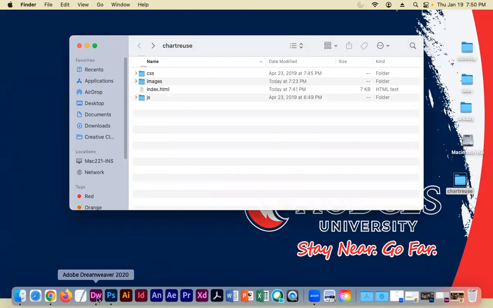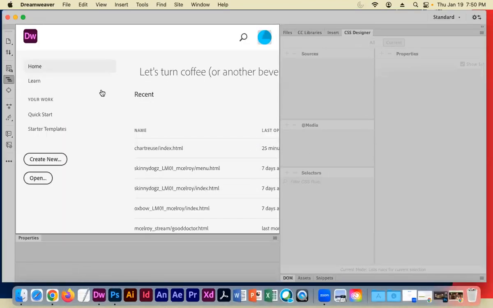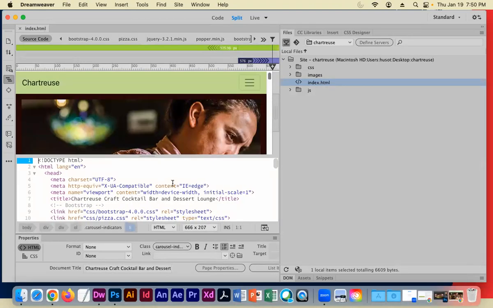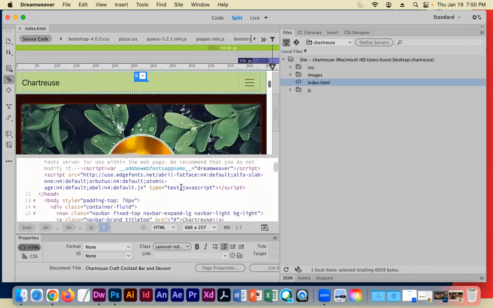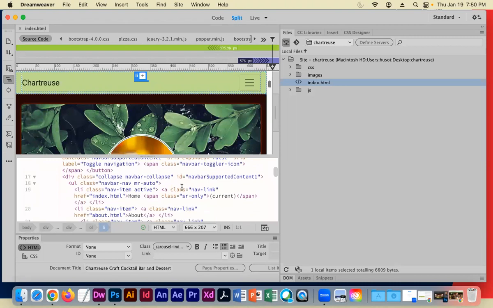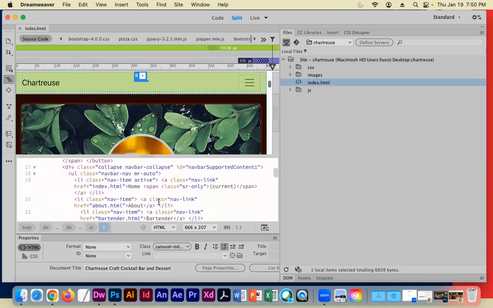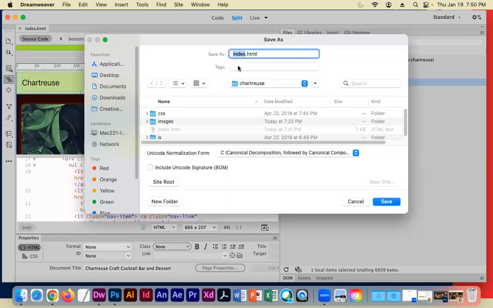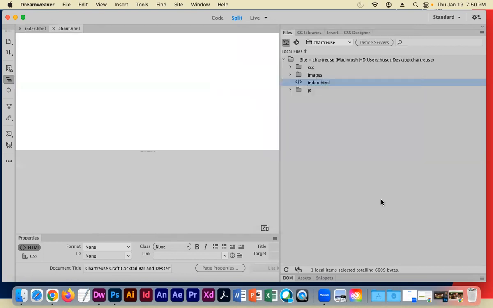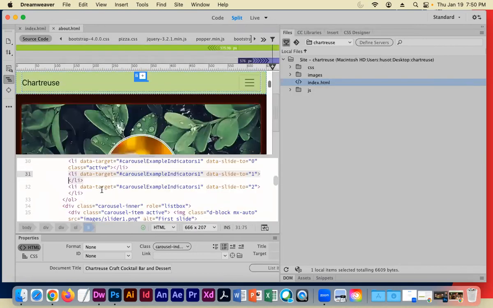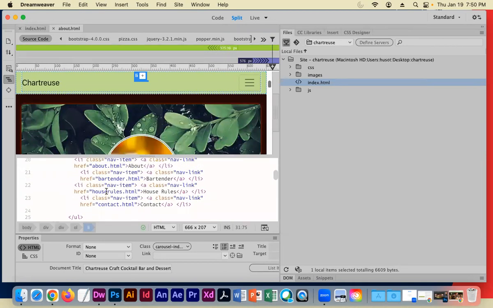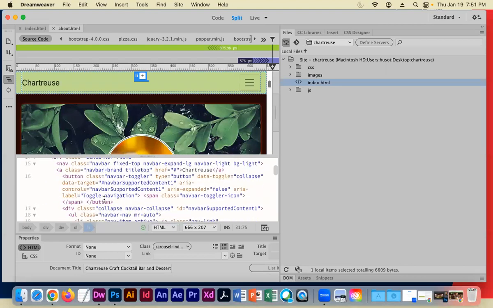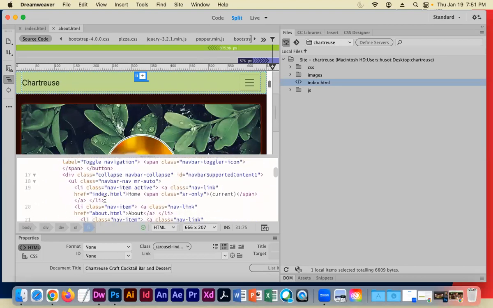So let's go back into Dreamweaver. Let's go into files, open up our index file. And I'm just going to scroll down to my navigation here real quick, because the next page is about, right? So I got to do a file, save as. I'm going to name it about. Remember, case sensitivity. So I saved it as about. And now that this file is about, I need to go into my navigation bar and I need to turn on the